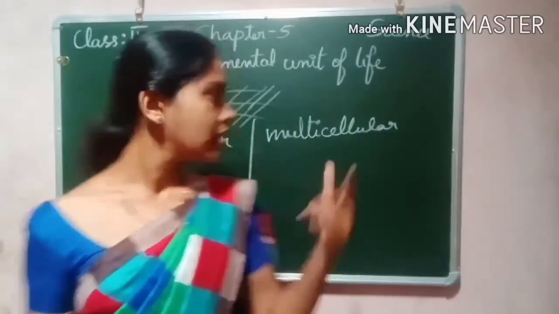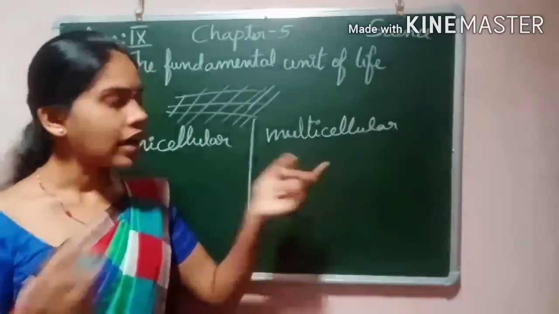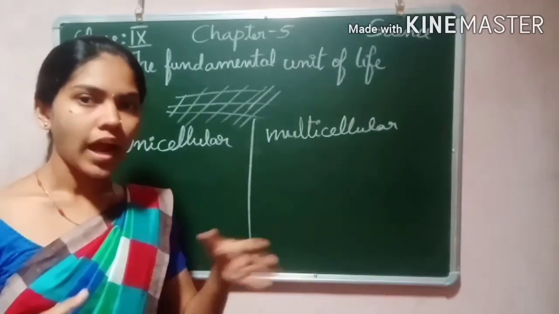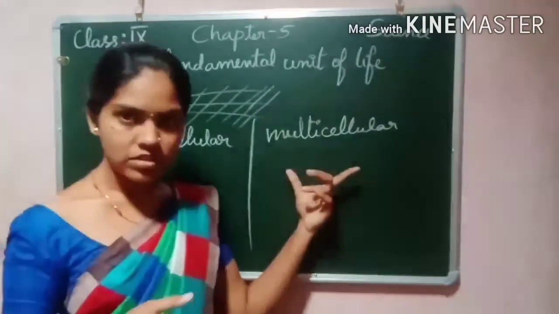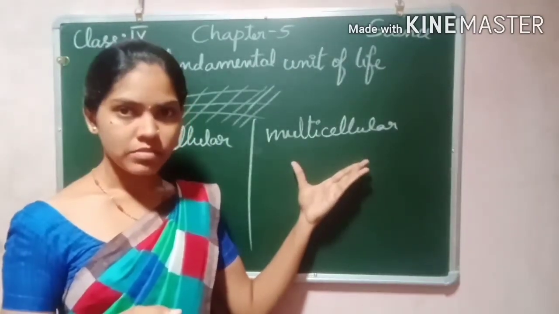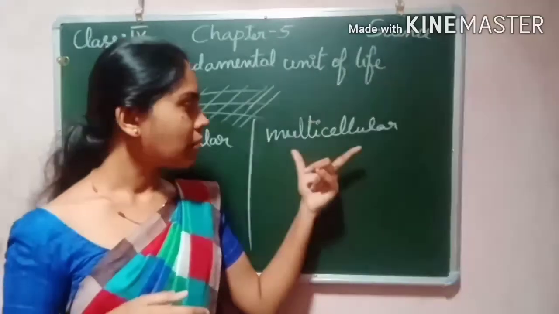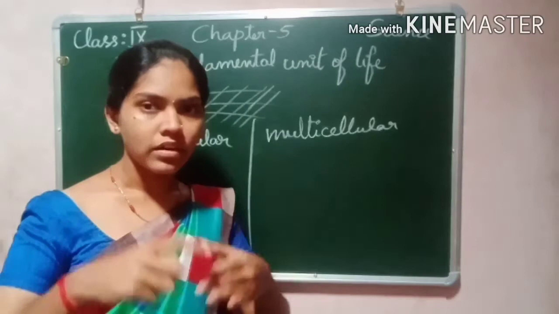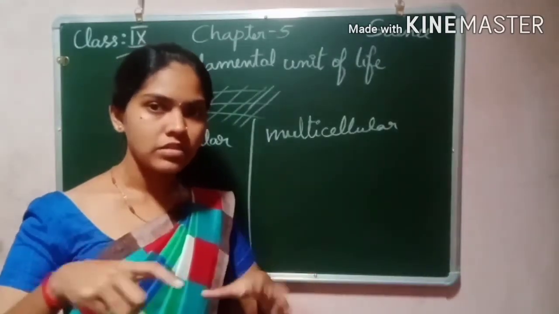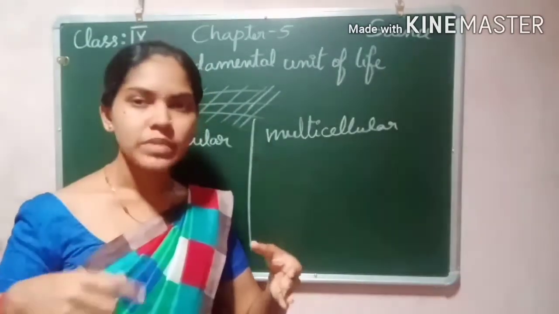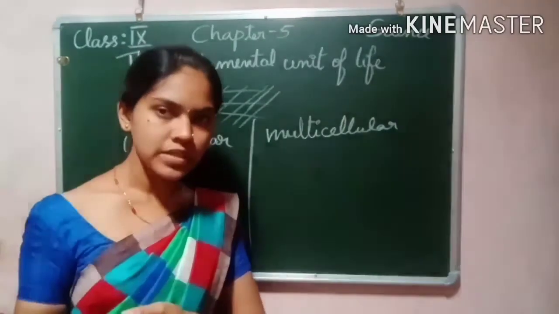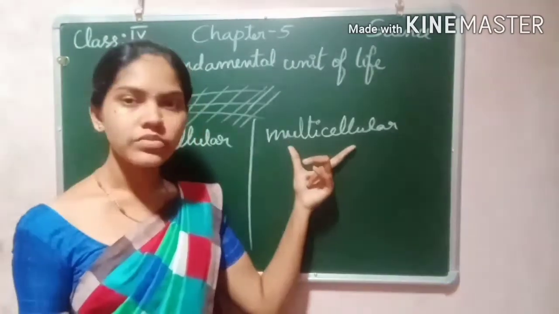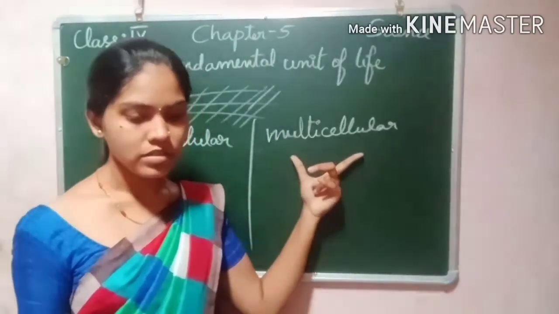On the other hand, there are many cells grouped into one organ, one tissue, and they are specialized in their functions. In multicellular organisms we can see groups of cells combining to form one organ system or the body, and each part is specialized in its own functions. Such organisms we call multicellular organisms.